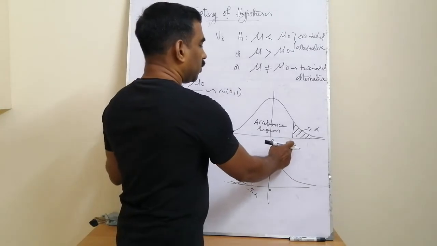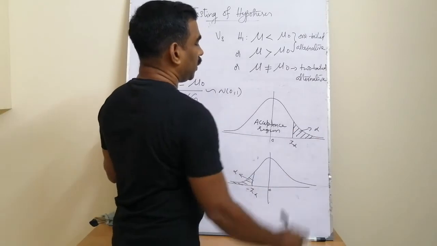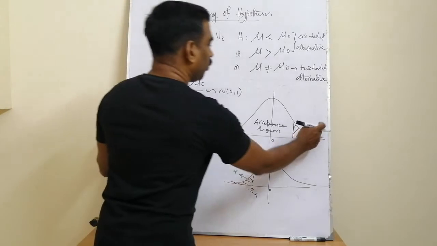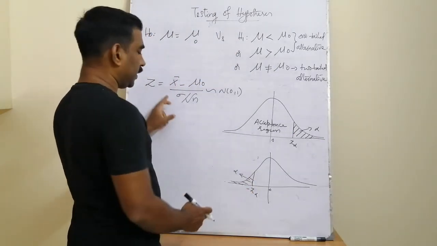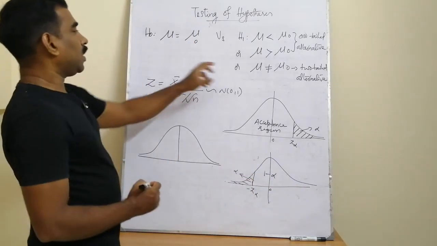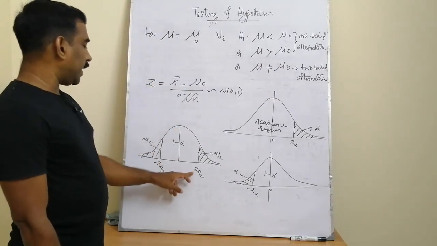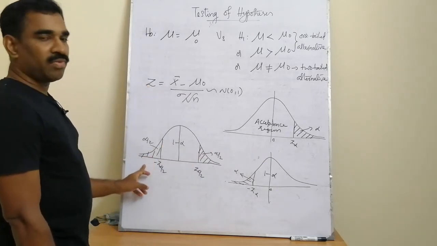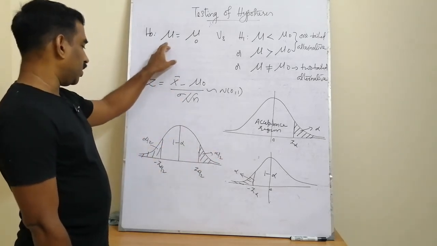If the computed values of the test statistic are strictly less than this z alpha, then we will accept the null hypothesis, otherwise reject the hypothesis. So if the computed numbers of z are to the right of z alpha, we will call it the critical region or lying in the rejection region with some probability, say alpha. If the computed value of z is less than minus z alpha, we will reject the hypothesis, otherwise we will accept the hypothesis. For the two-tailed alternative, mu not equal to mu naught, whenever the computed value of z is either greater than z alpha by 2, or less than minus z alpha by 2, we will reject the null hypothesis.